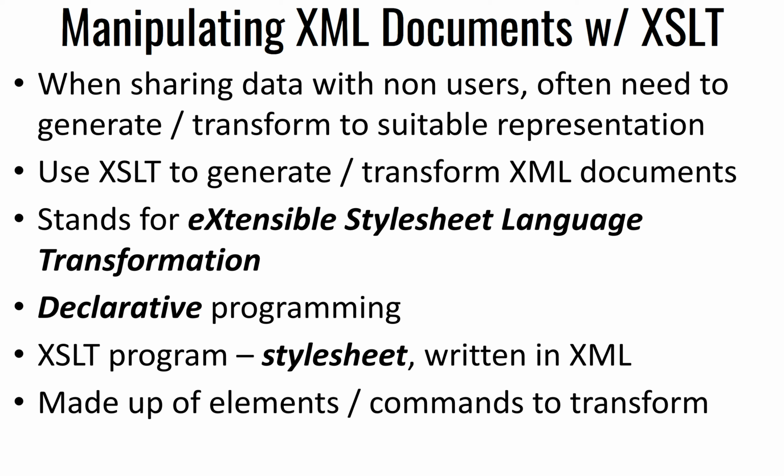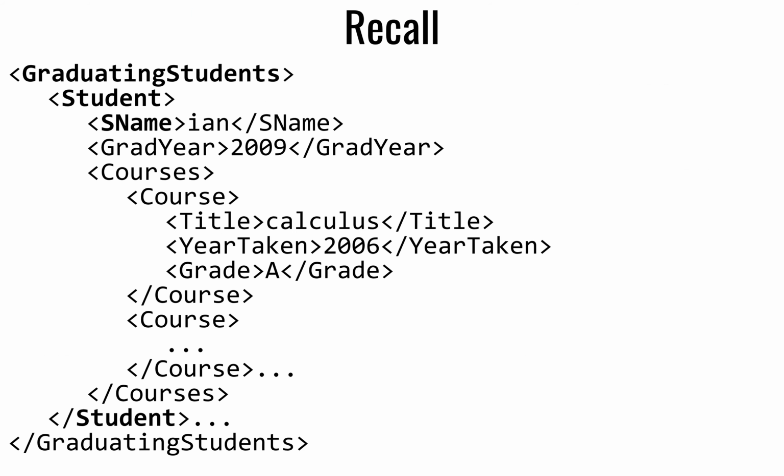So XML provides very, very strong support for converting different representations of XML documents between them, right? So here's an example of what we had earlier. We had a list of graduating students. Presumably this will be a long list of students, each one with names and courses that they've gone through and whatnot. And perhaps this might be a little bit too